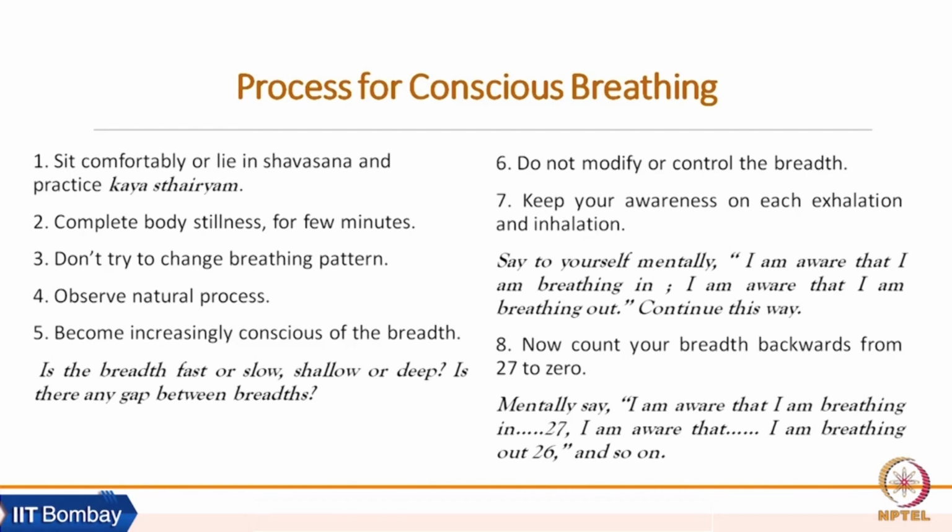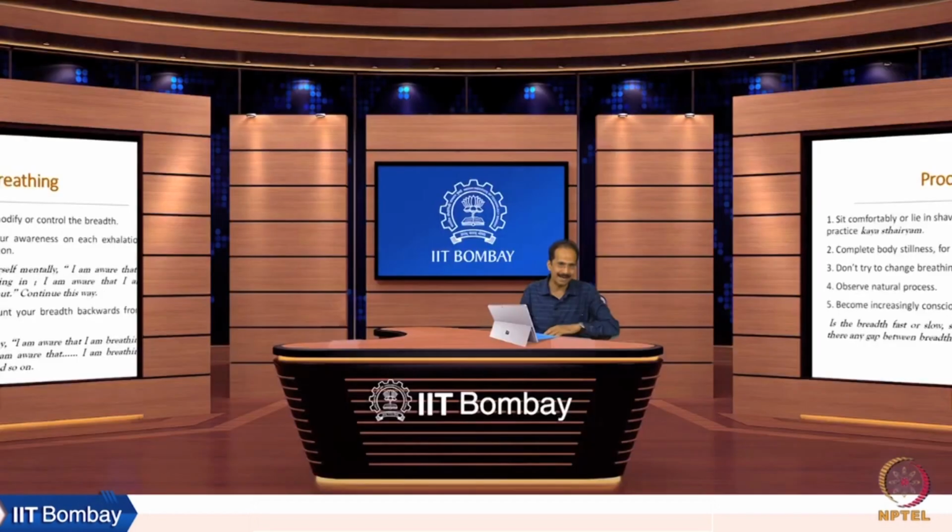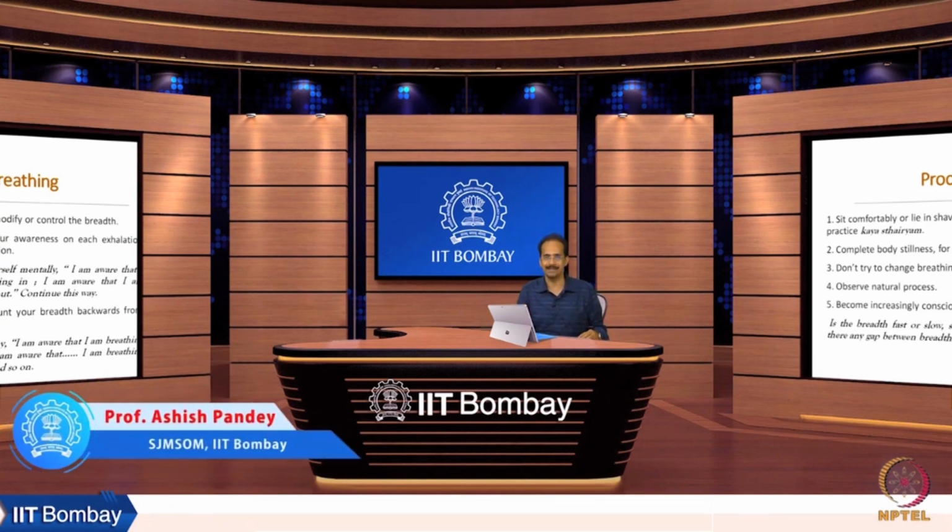The mind naturally wanders, and if we are doing it after a long time or if we are doing it the first time, we can experience this wandering mind more intensely. So what do I do if my mind gets distracted during counting? I start from 27 and by the time I reach 18 or 15, my mind goes somewhere else. What do you need to do? You need to come back to 27 and start counting again.